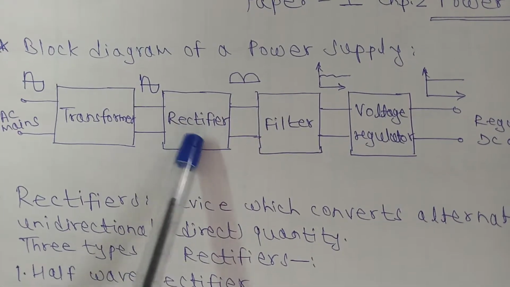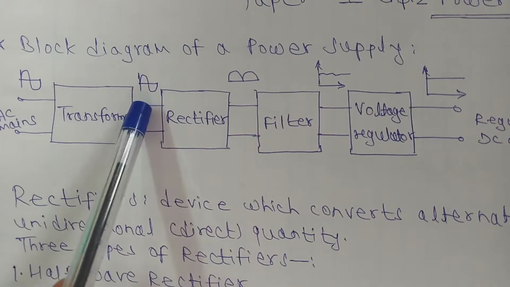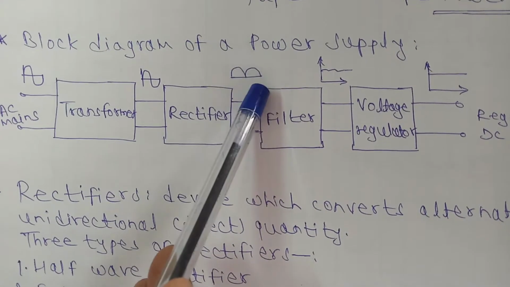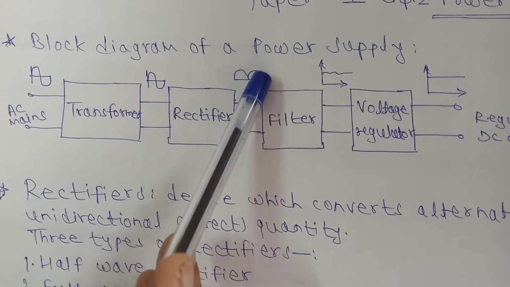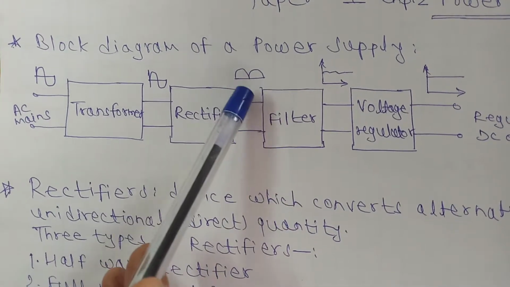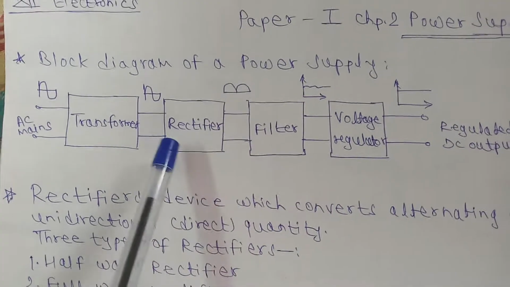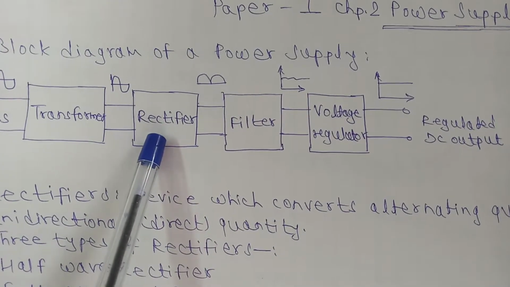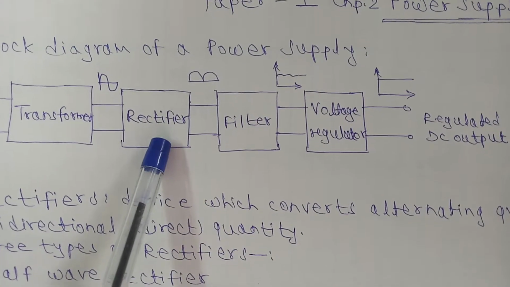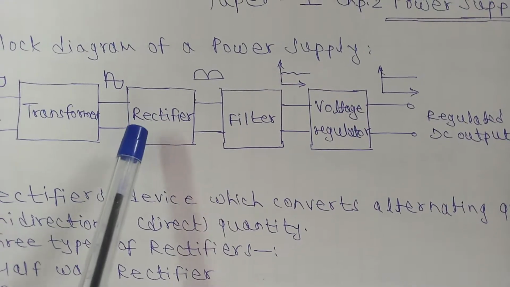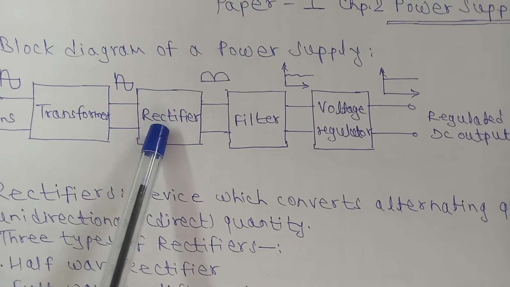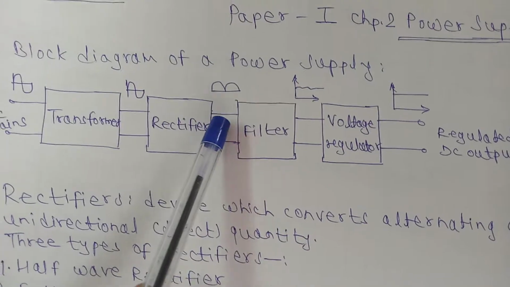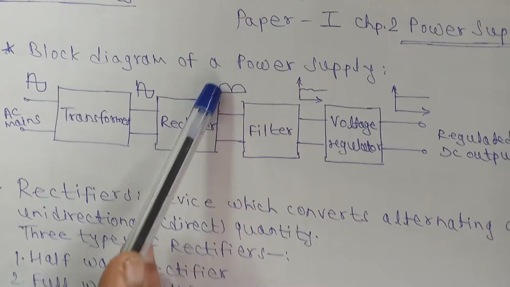Now next comes another block, which is called the rectifier. The rectifier is a device that converts AC to DC. From the waveform you can see that even though it is DC, it has some variations. These are called pulsations. That's why it is called pulsating DC. So the rectifier converts AC to pulsating DC. Different types of rectifiers we will study afterwards one by one. Initially just understand that the rectifier converts the step down AC voltage of the transformer to pulsating DC voltage. So the output of the rectifier is pulsating DC voltage, as you can see in this waveform also.